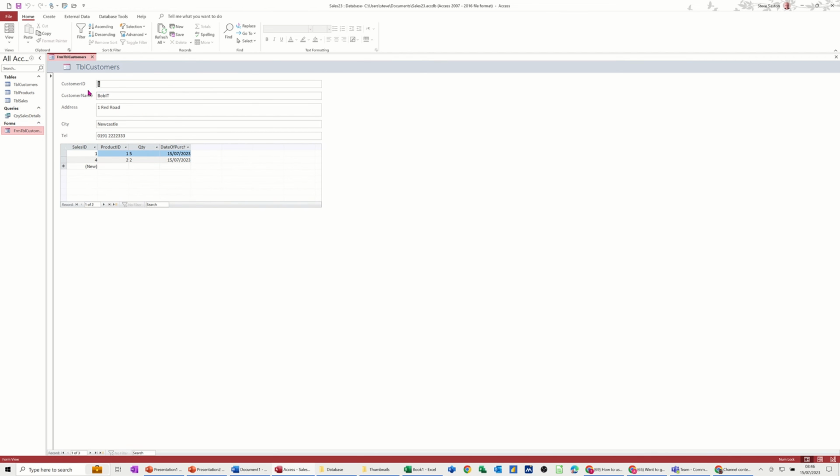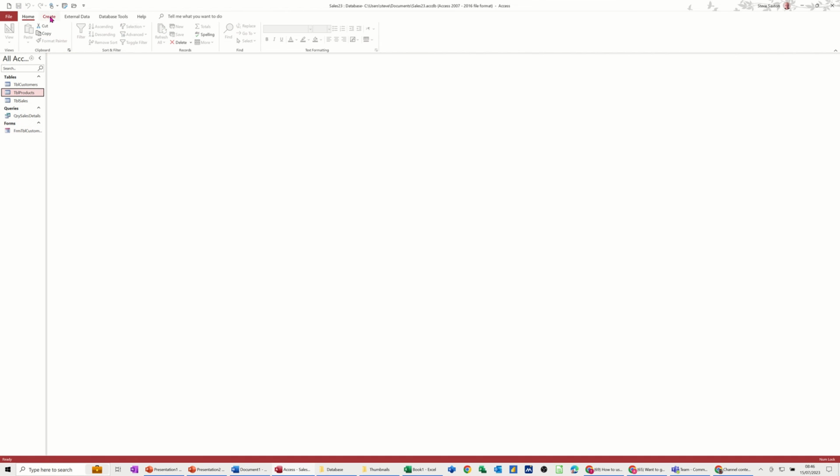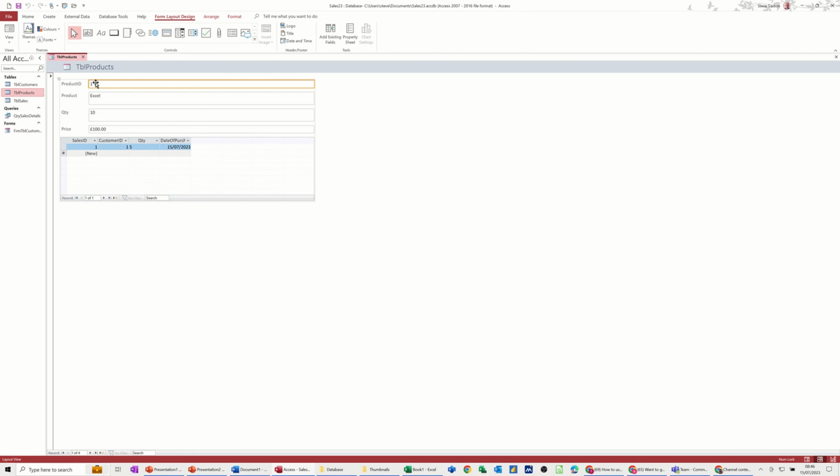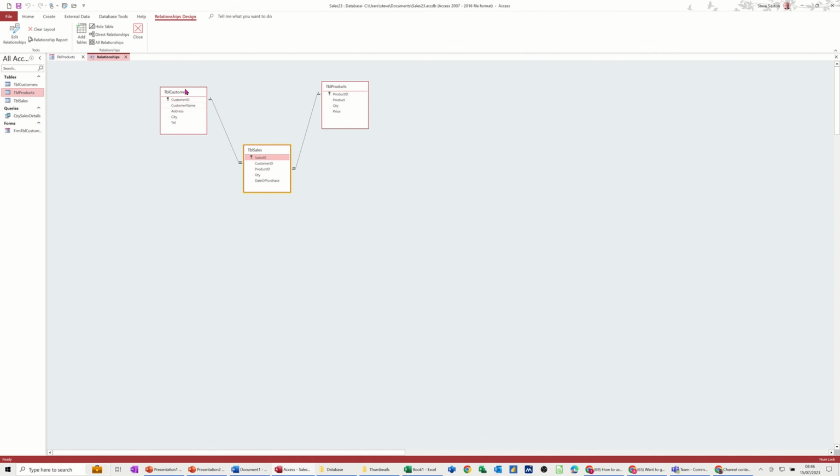So that form is just an input mechanism for a customer. Now products, we haven't got a form for products, but let's just do that for products. If I click on create, so I've highlighted it first, I've not opened it, do the same thing. That's coming up with the product itself, and it's also got the sales data underneath, but you can utilize this to input a new product or something like that. So if I go on to product 2, you can see there's been 2 sales on that, like so,